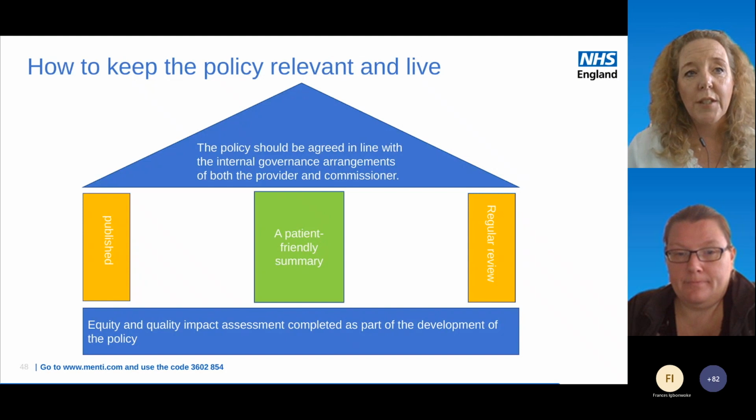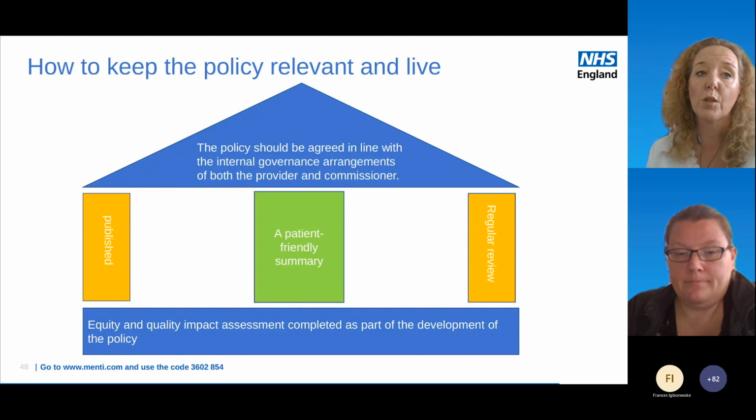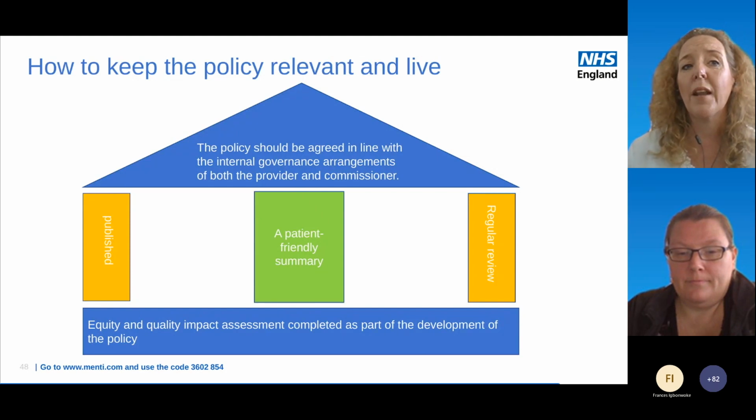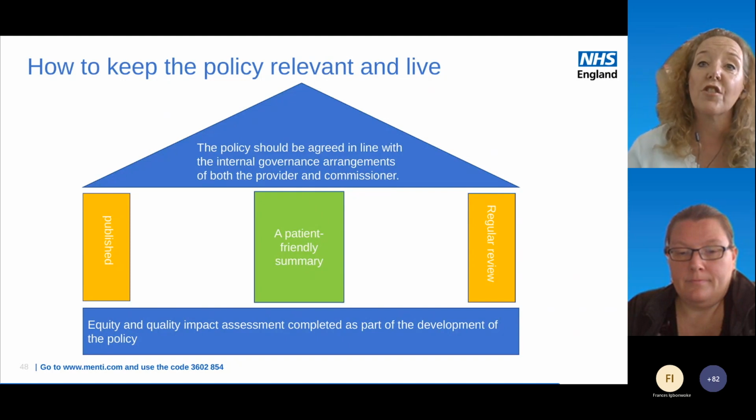And is there opportunity to introduce the policy and its purpose as part of your trust induction programme to really drive home the importance of effective waiting time and pathway management and its relationship to maintaining high quality of care? And is there consideration about what training, competency and development needs there are for staff to deliver the operational activities described in the access policy? So, for example, training needs around management of waiting lists, and booking procedures.